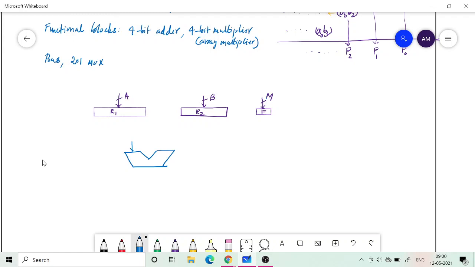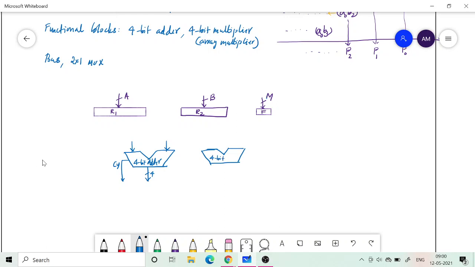So this is a 4-bit adder. There will be a 4-bit output and a carry output, and I'll have a multiplier also. These are functional units.